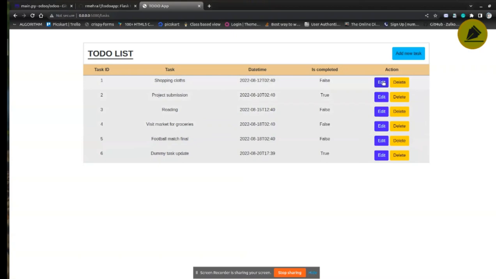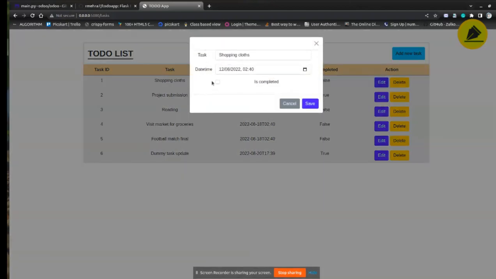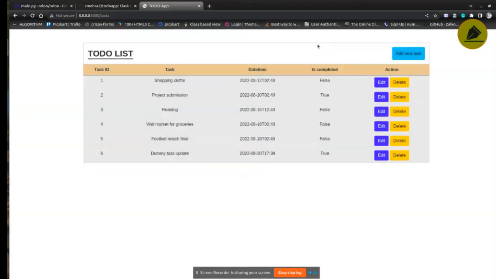It will initialize all the details like task, date, time, and status inside this modal. So we can update any one or all fields of this record and click on save to update this record, right? This is how it is working in the background.